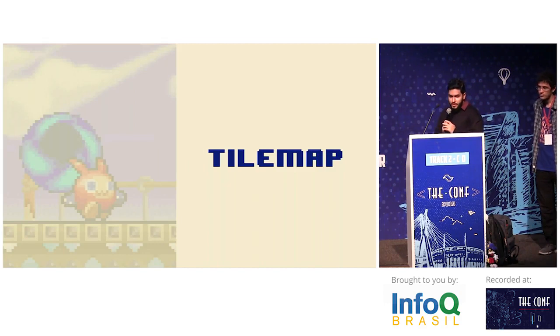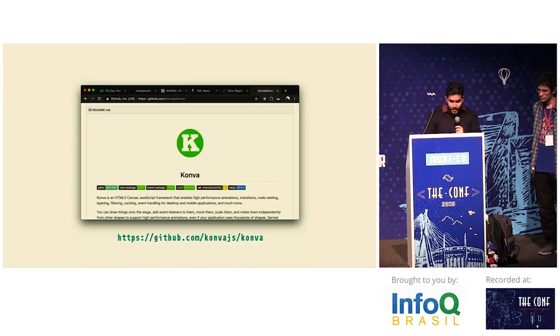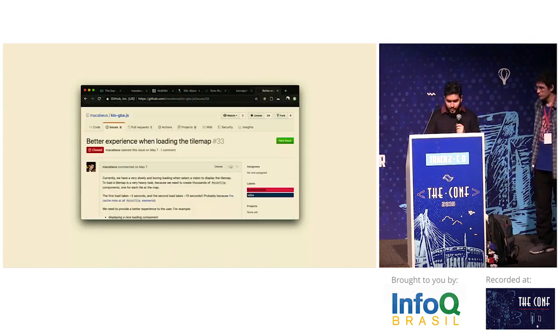Last but not least, the tile map. As you may wonder, the tile map is the most complex thing in the UI, because basically it displays the tiles and the OAM, and it allows the user to edit them. In the first version we used Konva, which is a library on top of the Canvas API to render the things. But by using Canvas, we were having some perf problems,